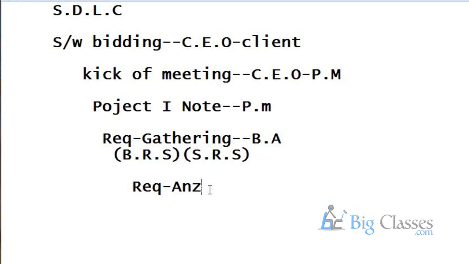I have a question. Both the documents are prepared by the business analyst? Yes, BRS as well as SRS documents are prepared by the business analyst. Okay. So after that, once the requirement gathering is completed and requirements analysis is completed,